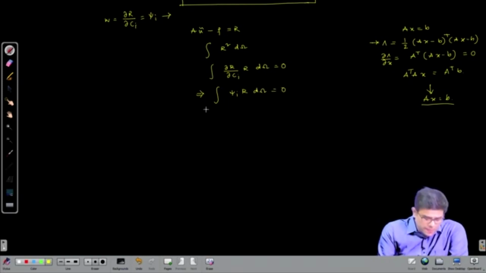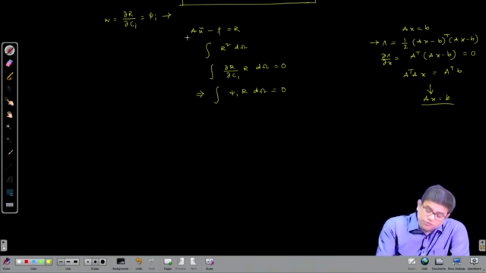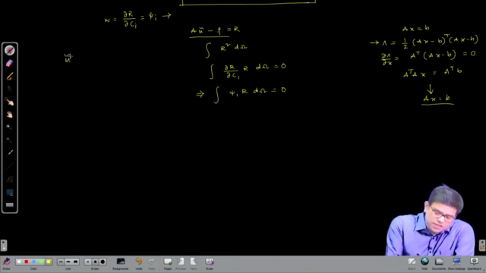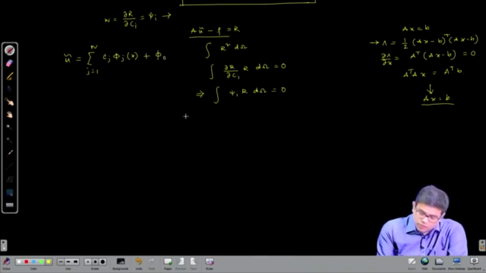Now that means if I write it in case of this thing with u tilde, my u tilde is something like this, summation of j equals to 1 to n Cj phi j, j is a function of x, plus phi 0. So if I substitute it here, then what I will get